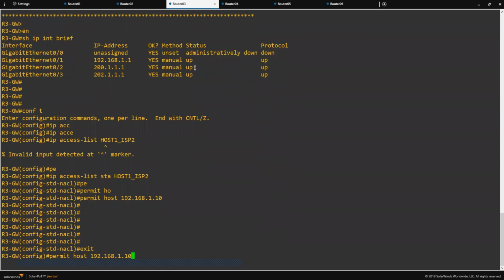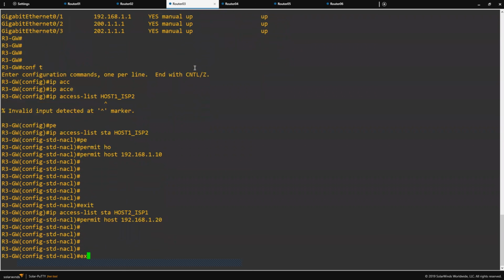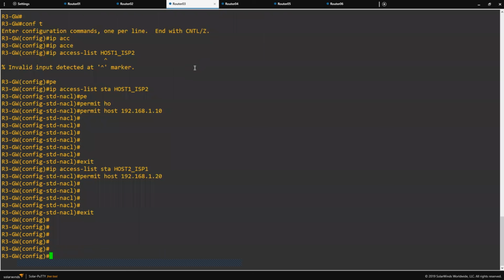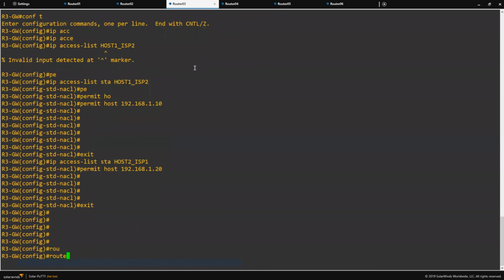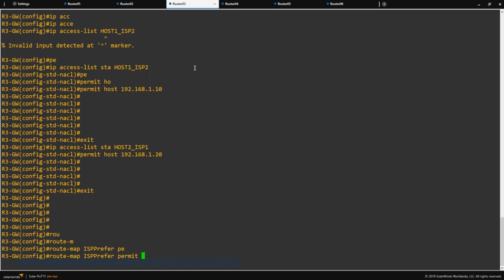So this time I'll create host 2 via ISP1. This is just the name, and this time I will give the IP, host 2 IP is 20. Okay, so now I have the ACL that will be consumed inside the route map. So we'll go and create one route map policy, name ISP prefer, okay, and then permit 10,